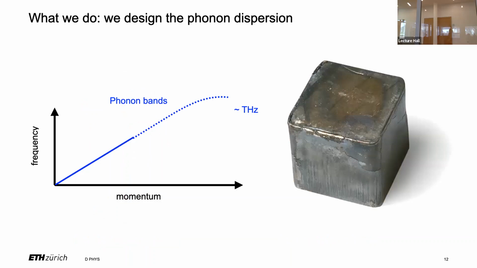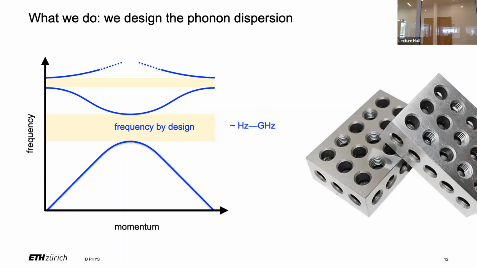What are we doing? We design phonon dispersion. That's, in one sentence, what we like to do. So what you see here is a block of iron, actually. And then there is, of course, a phonon band that has a momentum, it has a frequency. And what we do, we shape this phonon space. That's all we do. And actually, we only do it in one way, because we're simple-minded, we drill holes. Or, to be a bit more precise, geometry is our design toolbox.